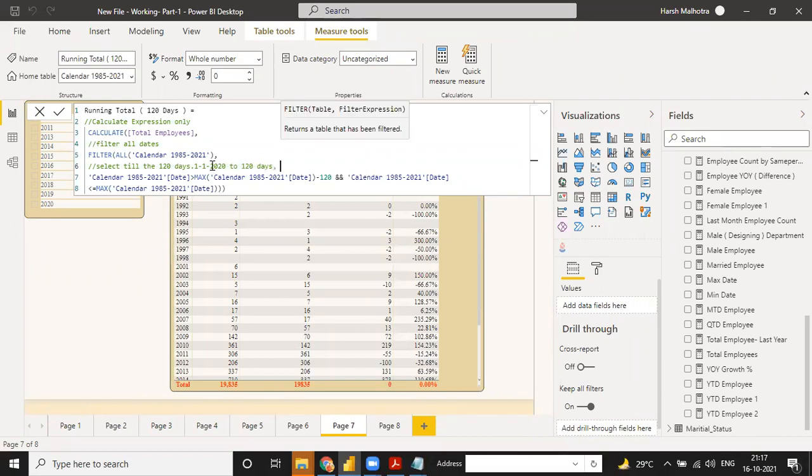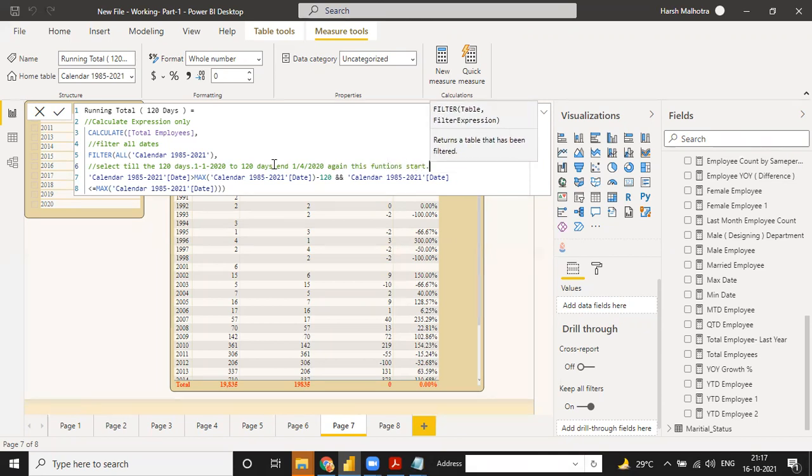Suppose 120 days means 3 months, right? So with 3 months, your ending is the first for 2020, and then again this function starts. This function selects till the 120 days, and the maximum date is till 120, meaning calendar date minus 120.